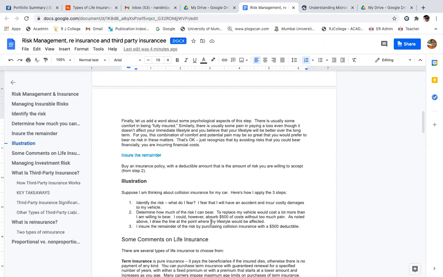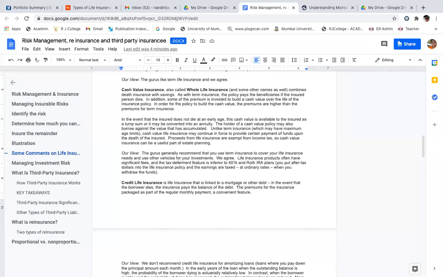So what is the risk that I can bear? To replace, it would cost a lot more. So thoda bahut I can bear. However, $500 is not too much. So I will say, ठीक है, 500, or say I will take 1 lakh rupees. It's not too much to bear, right? So I will pay premium for it and insure the remainder, right? So I'm going to say, 3 lakhs का insurance मैं कर लूँगी. Are you following? This is what it is. Thoda bahut I can bear, and the remaining is taken care of by my insurer. If it is lost, that 3 lakhs will be mitigated.